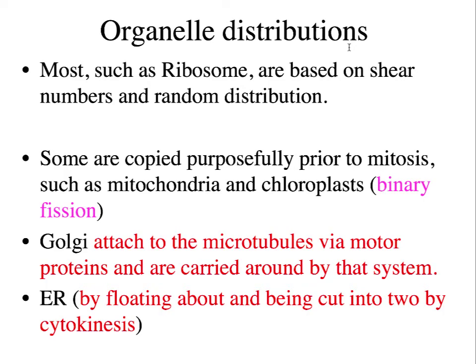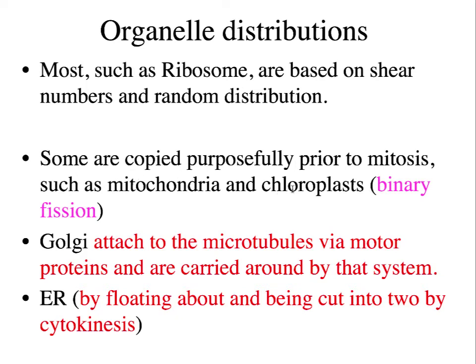Finally, we need to address what happens to the various organelles within the mother cell. And there are some interesting solutions. For most organelles, such as ribosomes, they are replicated early in the cell cycle, normally G1 and G2, and there are so many of them that by their sheer presence, it's acceptable to understand that they'll be randomly distributed evenly when the cytokinesis phase takes place. But for other organelles, there's a more directed outcome.